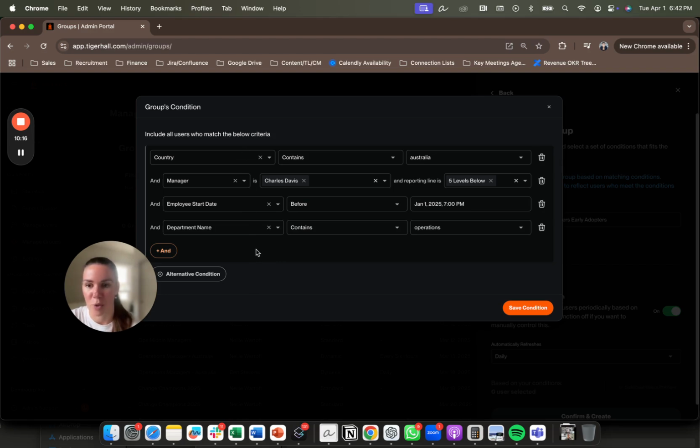So if you have someone moving into Australia, or someone starting to report to Charles, or someone being promoted from level 6 to level 5, or just joining the operations team. Any changes would then mean that they immediately get the right communications and capability building that is designed for this group. So you no longer have to put specific names and people into lists and manage